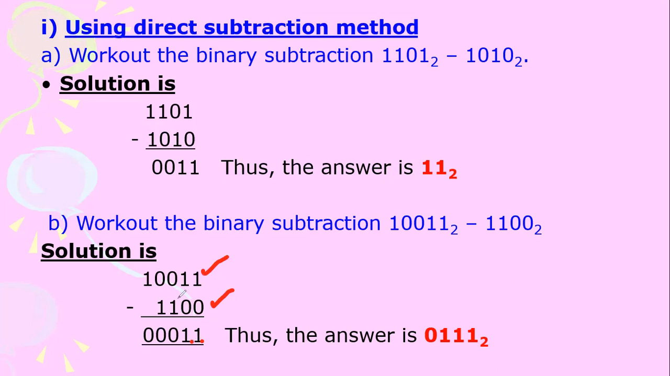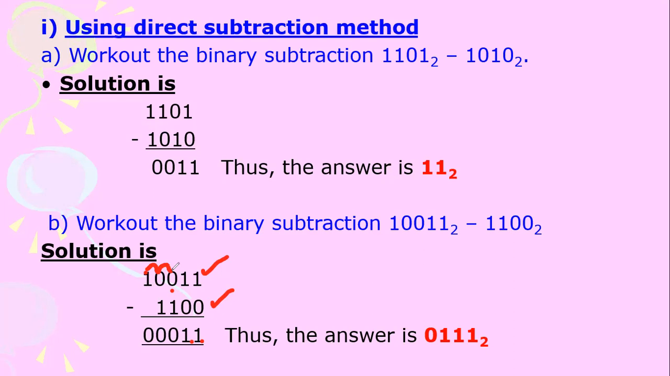This one, and then 0 minus 1. We cannot subtract 1 from 0, so we borrow 1 from this column. But here also we see that we have 0, so we borrow 1 again from here. So we borrow 1 from here, we bring it here. Then we borrow 1 from this column, we bring it here. So here we have